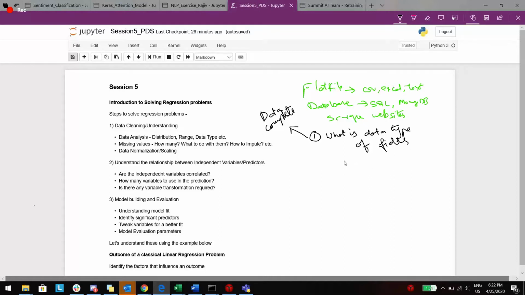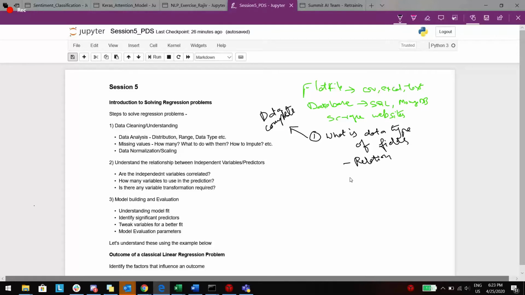This is important mainly because of two reasons. Firstly, because of trying to establish a relation. While it might be straightforward to understand the relationship between two continuous variables or two discrete variables, it might be tricky when you need to find the relationship between a continuous variable and a discrete variable. So that is where you need to understand the data type.